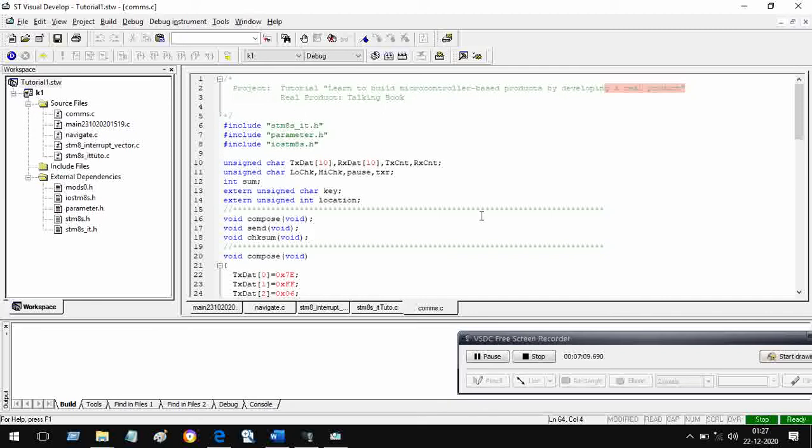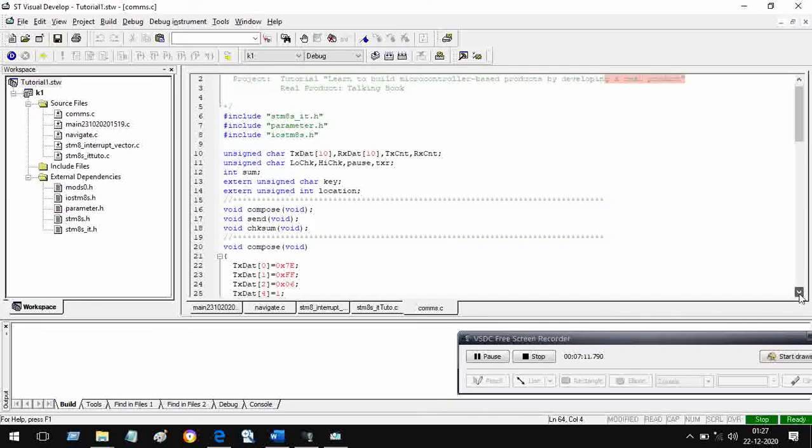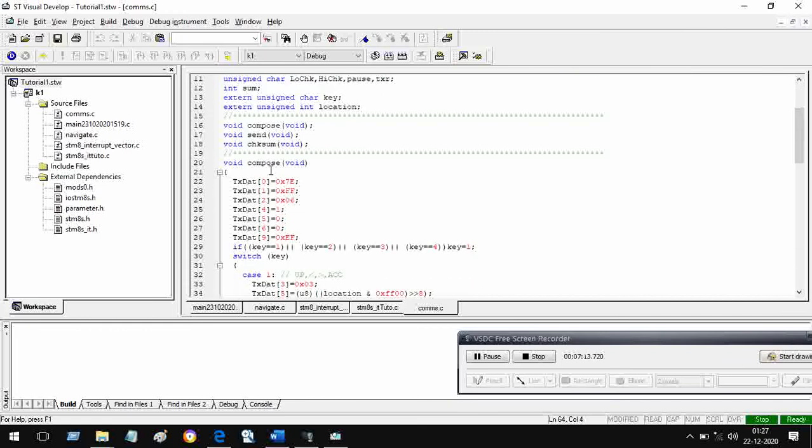Now, just as we have seen earlier, the first byte is constant 7E, the second byte of the string is FF, and the third byte is always 06, and the last byte, that is the 10th byte, which is tx[9], is always EF. We have to specify a function, number 3.